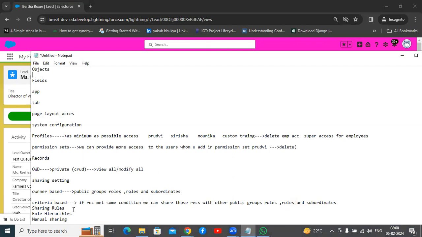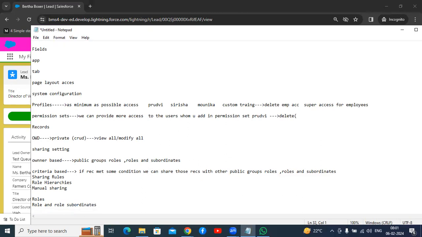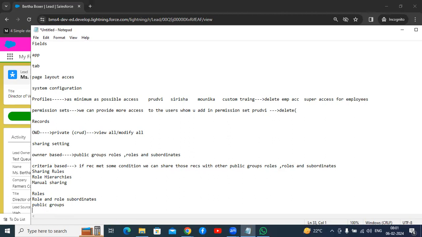Yesterday we saw permission set and sharing rules, and today we are done with the rules and role subordinates. See, these are very, very important things while you are working with companies. Remember how to use public groups, how to use queues, and how to check user security level. Everything will be very important.